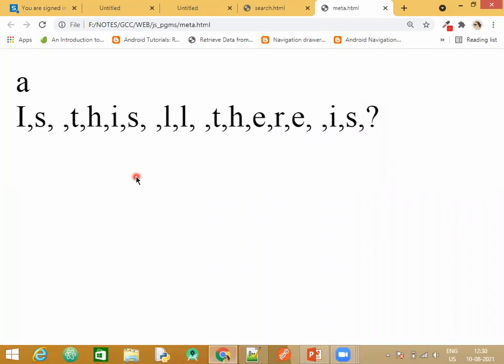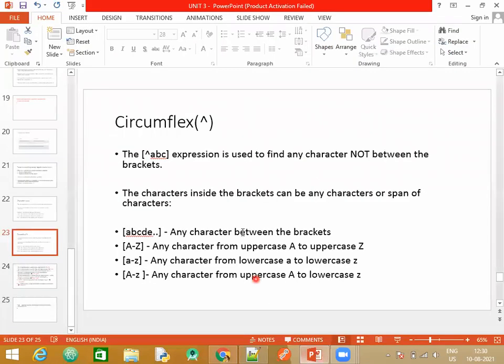Correct? We had just one letter that is for all. That is coming in the first character class. Second, we have negated. So apart from that, everything is getting displayed. Even your special symbol, that is a question mark, even that will come. Understanding the difference, the circumflex operator stands as negation.